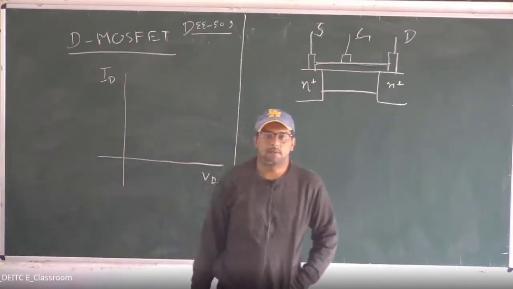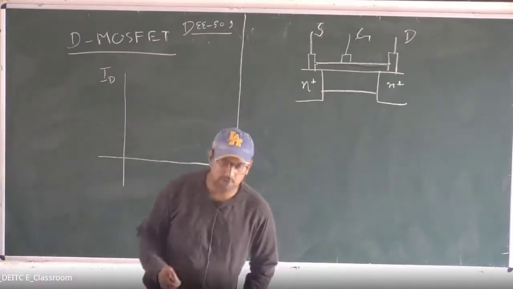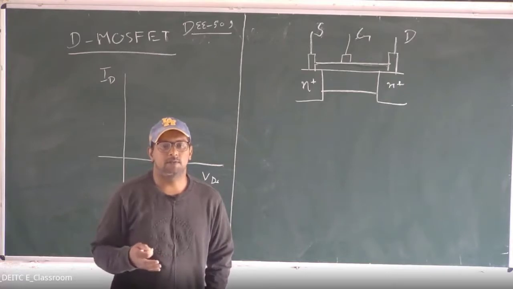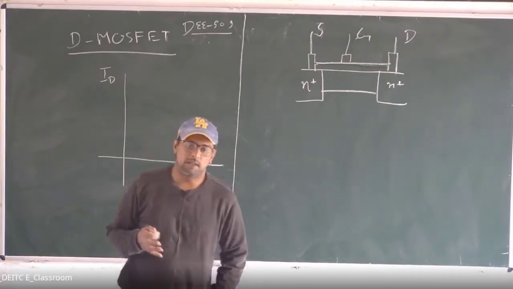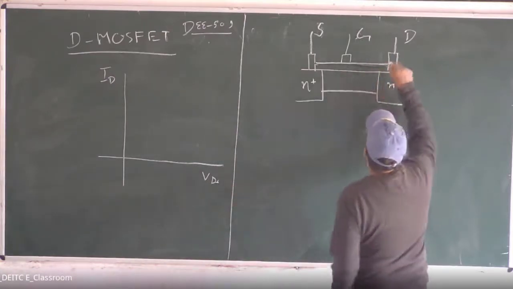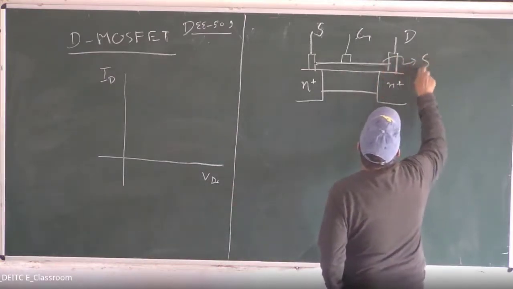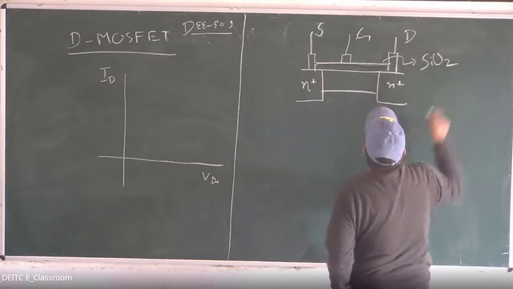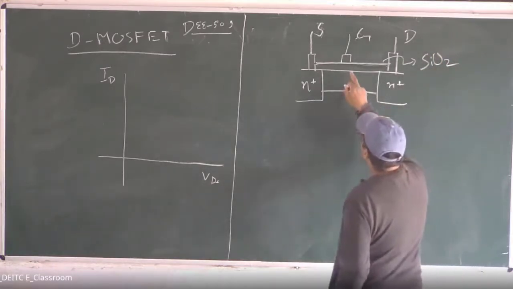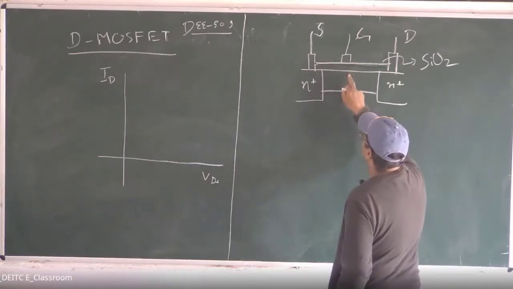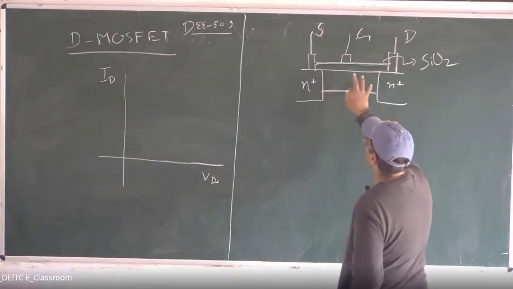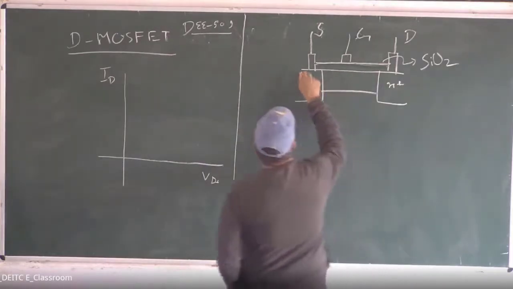In the previous lecture, we introduced the MOSFETs, what is MOSFET and what is the basic difference between a MOSFET and a JFET. The basic difference was this insulation layer, this SiO2 layer. In the MOSFET, basically the gate is insulated from the semiconductor substrate. This is the cross section that I have drawn. The bigger diagram is like this.